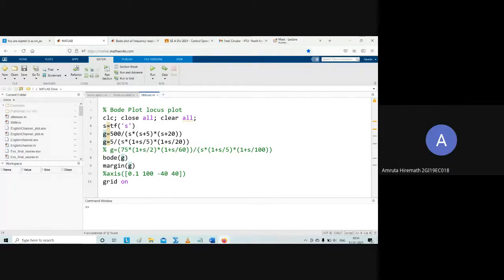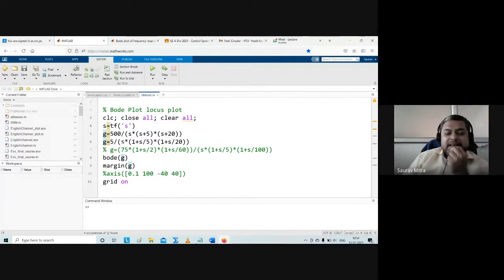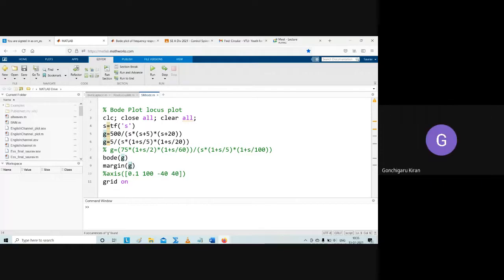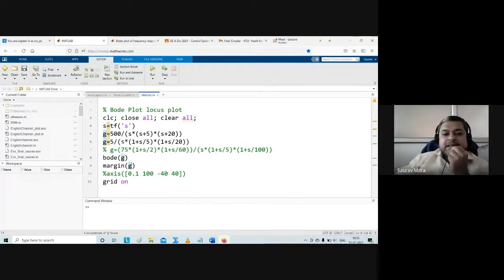How will it be minus 20? Starting from 0.1 itself it is minus 20. At 5 another minus 20 gets added to it. So the resultant is the previous minus 20 plus another minus 20, that is minus 40, from 5 to 20. At 20 there is another minus 20 getting added to it. So from 20 up to infinity, what will be the combined slope? That is the question. Minus 60. Not just minus 60, minus 60 dB per decade.